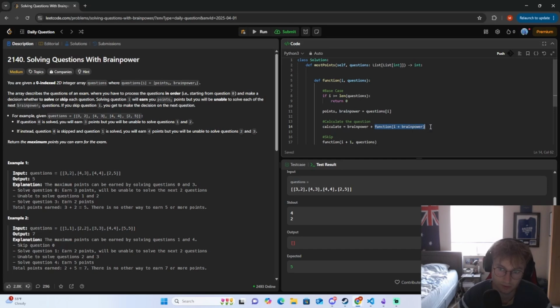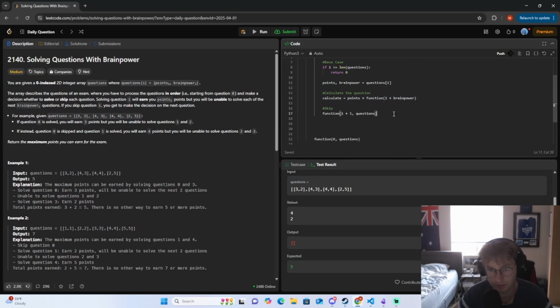I know we recall the function do i plus brain power. But I think not brain power, this would be points, because then this will get back our next one, right? I think. You obviously want to return the max of